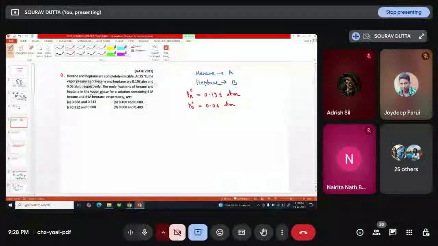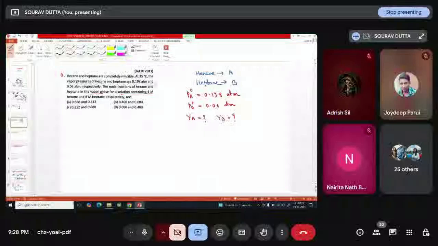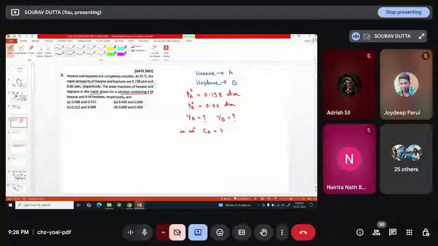We have to calculate the mole fraction of hexane and heptane. That means YA and YB we have to calculate. And for a solution containing 4 molar hexane, and 6 molar heptane. So in solution concentration of A is 4 molar and concentration